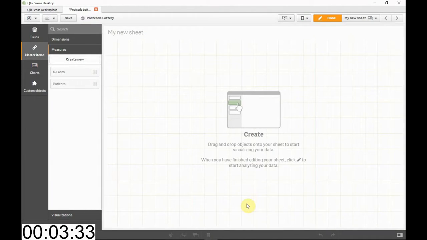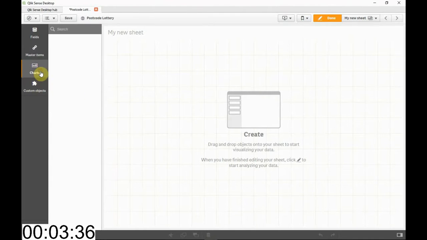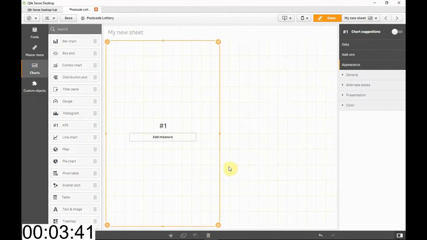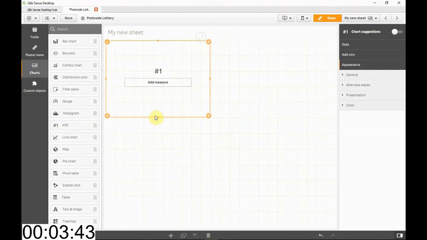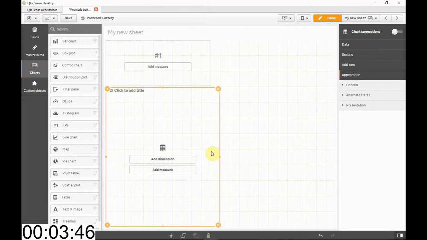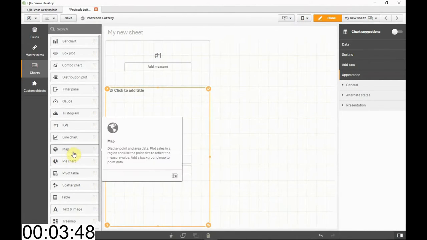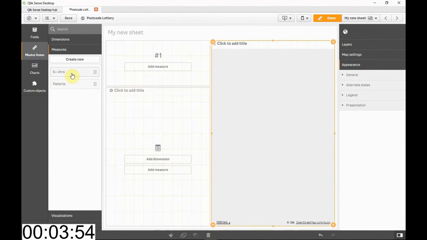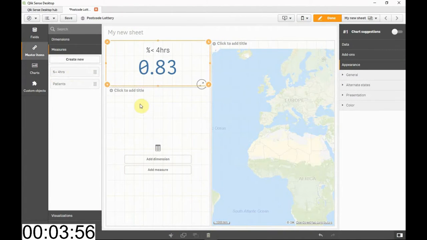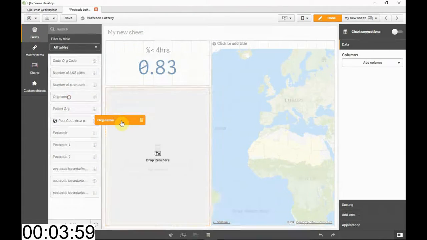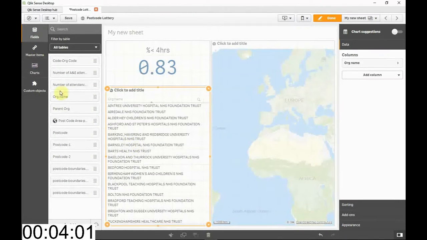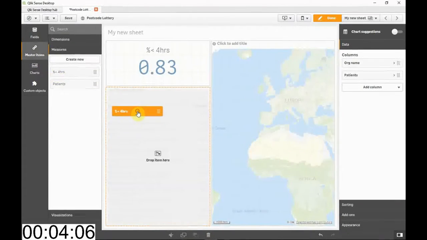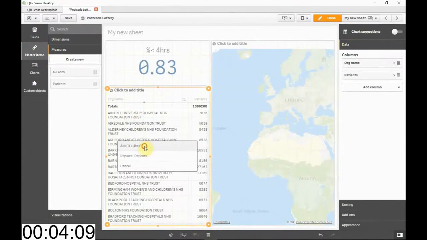Right. Next thing that we want to do now is to actually build the visualization. So I'd like to start with a KPI, which we will put in the top left-hand corner. This will show the total number of patients treated within the target. Then I'd also like to have a table so we can see that, and finally I'd like to have a map. So we can now go back to our measures and see the KPI, and then we will select the organisation, and then against that I want to put the total number of patients and also the percentage treated within the target, and then